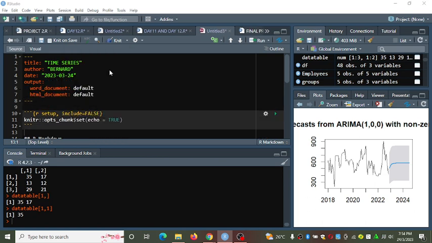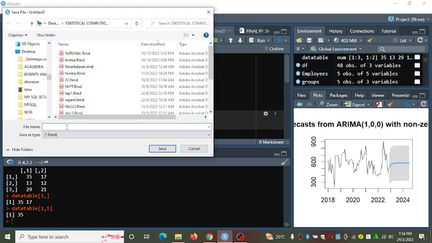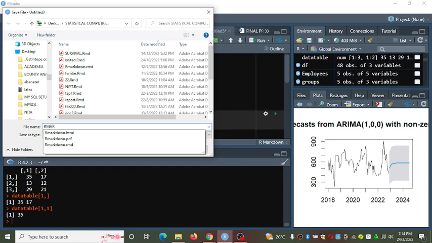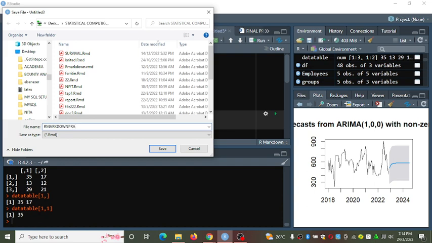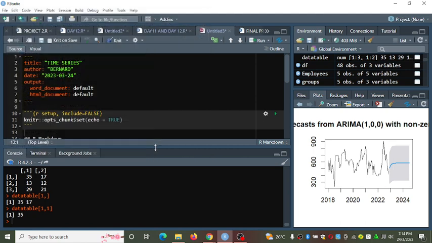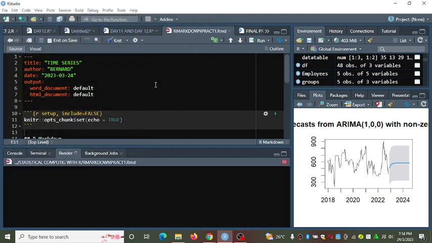I can click OK and give my Word file the name R Markdown practice 1. So you can click on save. Let's wait and see our R Markdown.